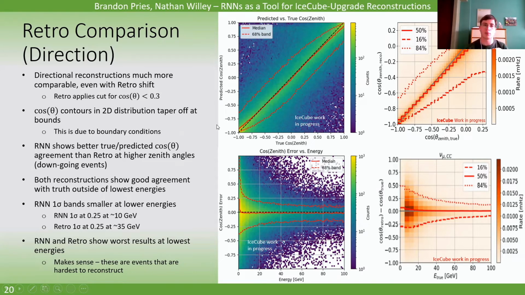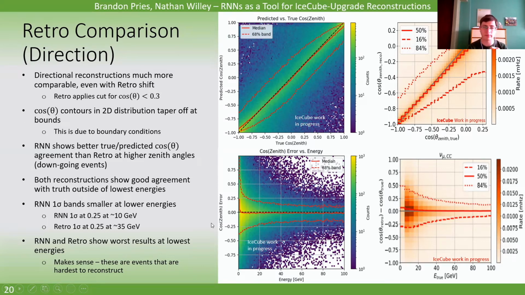The RNN shows better true and predicted cosine zenith agreement than retro at higher zenith angles, which again corresponds to those downgoing events. Both reconstructions show really good agreement with the truth value outside of the lowest energies. The RNN's 1 sigma bands are also smaller at lower energies. So for example, the 1 sigma reaches 0.25 at about 10 GeV for the RNN, and then at about 35